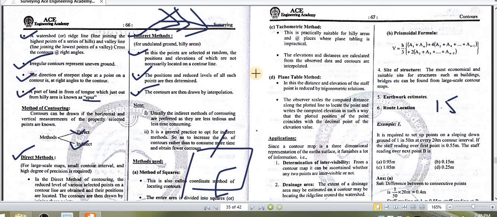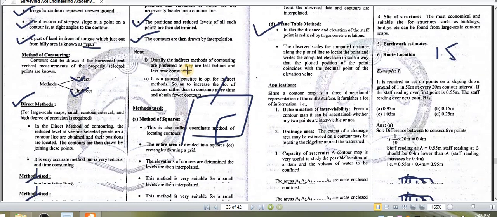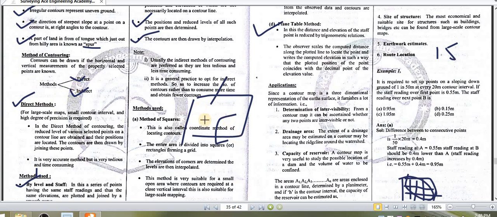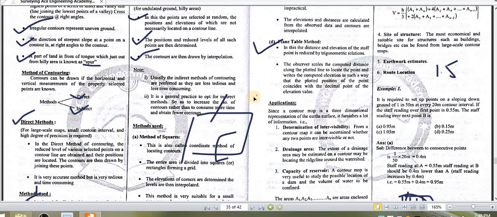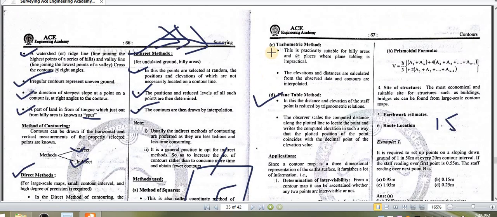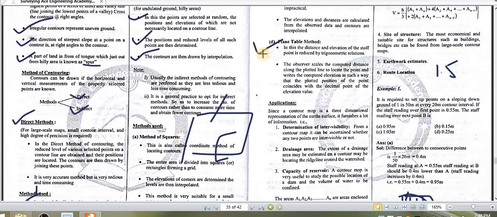So the plane table method is generally used in contouring when you need to do the office work as well as your site work simultaneously. So generally plane table surveying is adopted in that case. So these are the four methods which come under the indirect method. Okay, one is your square method, one is your cross section method, next one is your tachymetric method, and the last one is your plane table method. Okay,